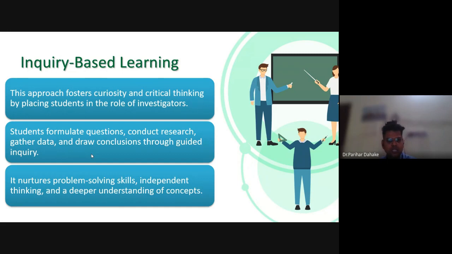Many of the students are learning the subject research methodology. They are learning it from the book, from the notes, from the different videos and the resources available on the virtual platform. But in reality, how to deal with the respondents, how to collect the data, how to identify the problem, how to do the literature survey, and after that how to do the systematic literature survey, how to draw the conclusion, these things they don't know in a practical manner. So for that matter,